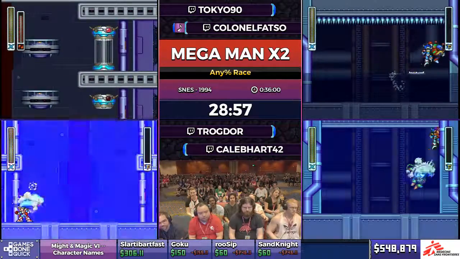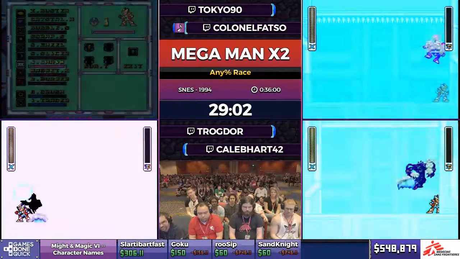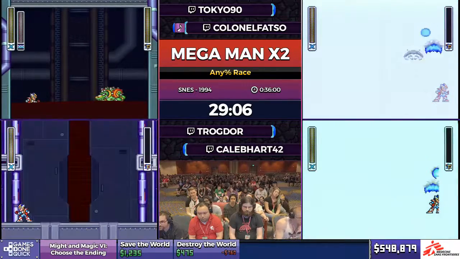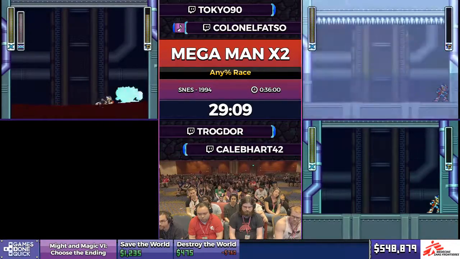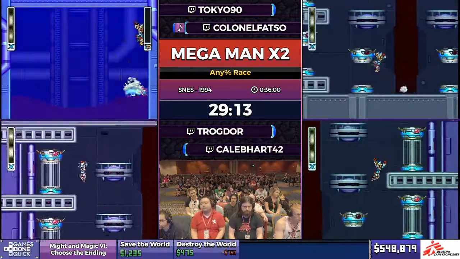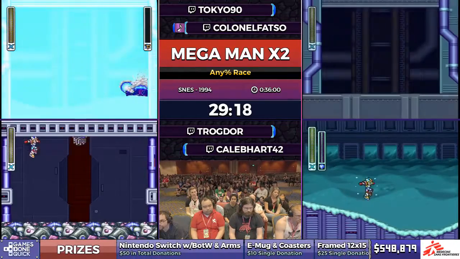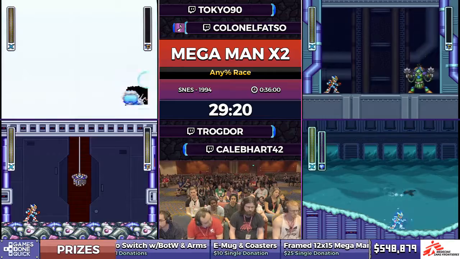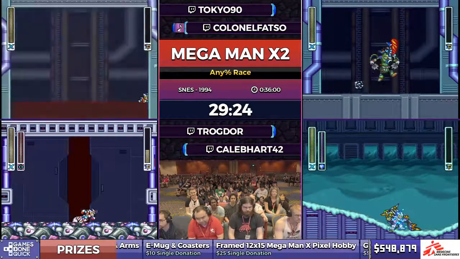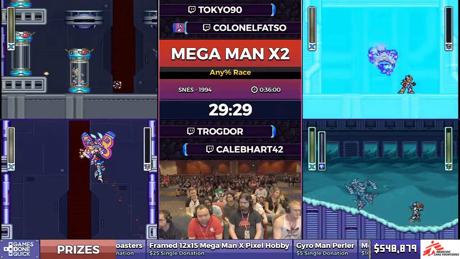Caleb getting a really good sponge pattern. So since Gator dives immediately, you can't actually reach him in time to Shoryuken right off the bat, so you do have to chain him a bit. Tokyo getting really good birthday Gator. Oh, Fatso getting the ideal pattern on Sponge. Nice. Ooh, Caleb having to take a hit on